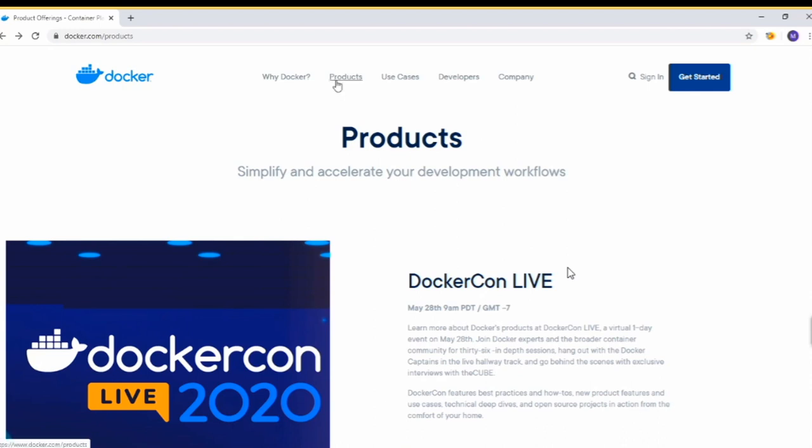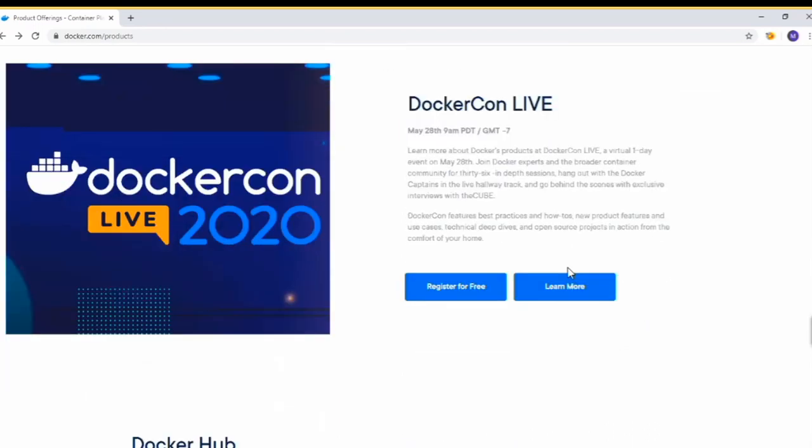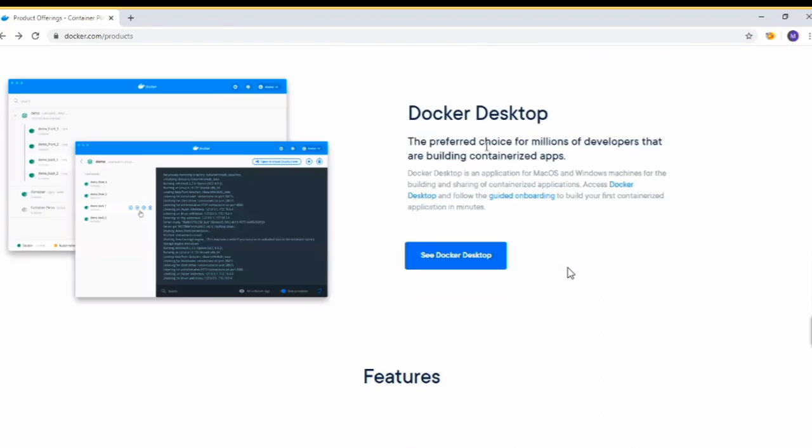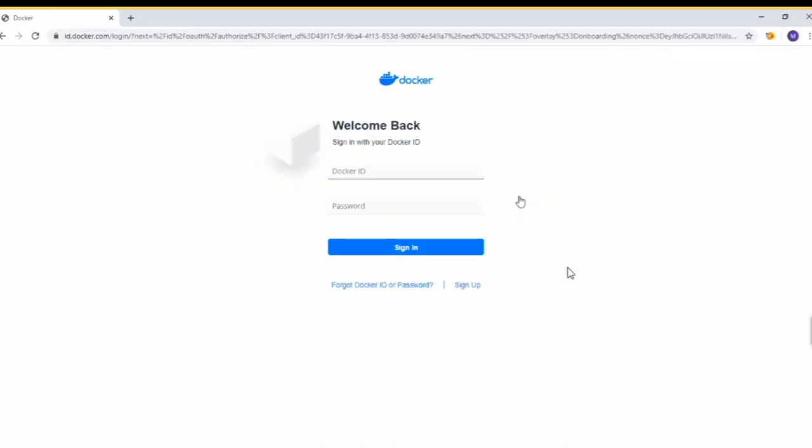So we can also go to the Docker Hub website, in the product section, right? And then we will go to Docker Desktop, right? And here we'll see guided onboarding, to check what the next step is after installation, what we can do, or how we can run our container on Docker Desktop, right? So here we also need to log in with our Docker ID and those credentials. Let me log in with that.